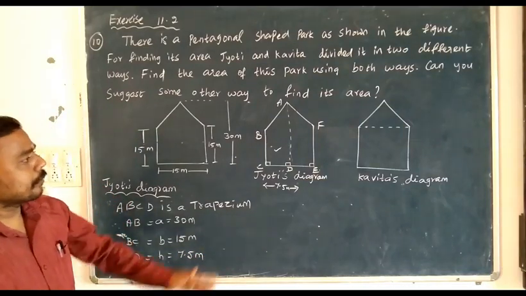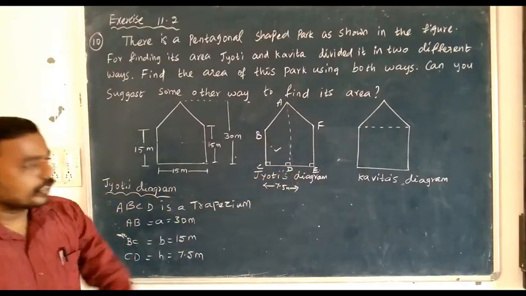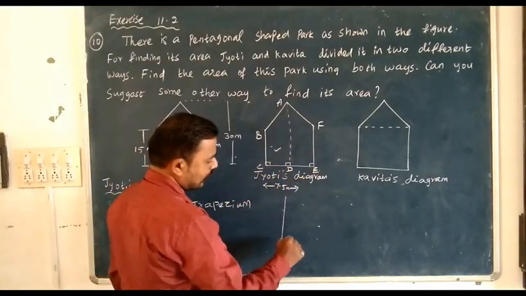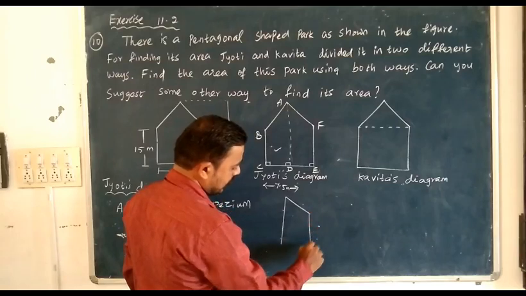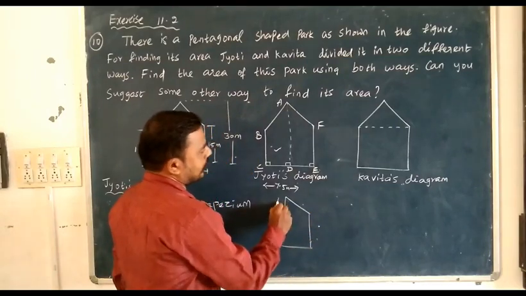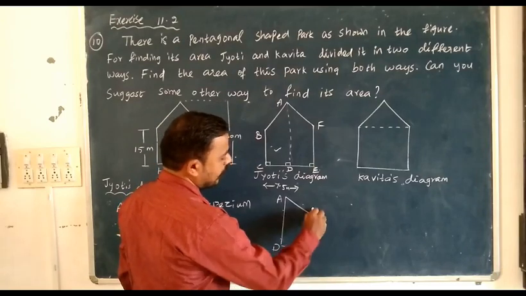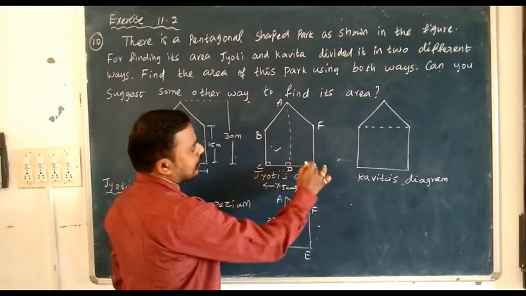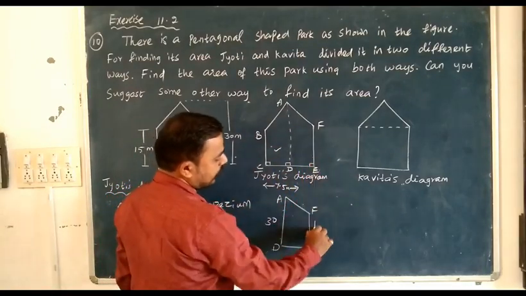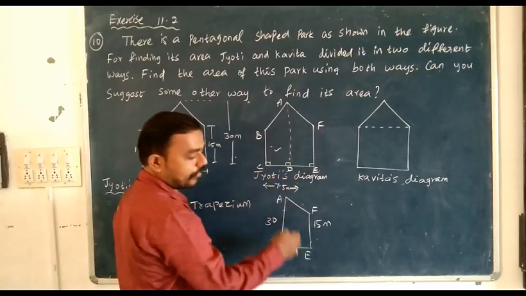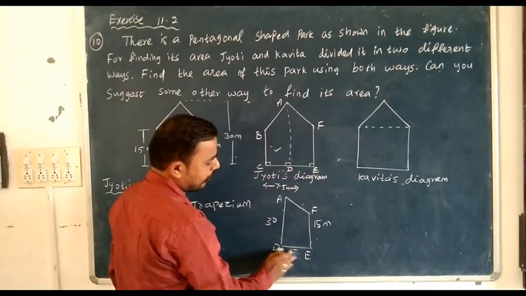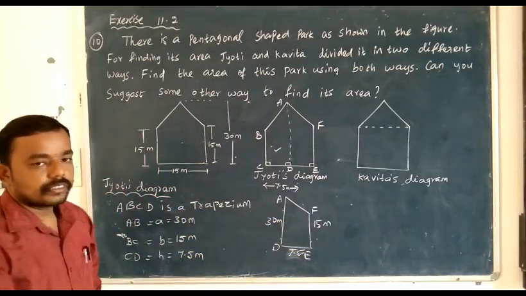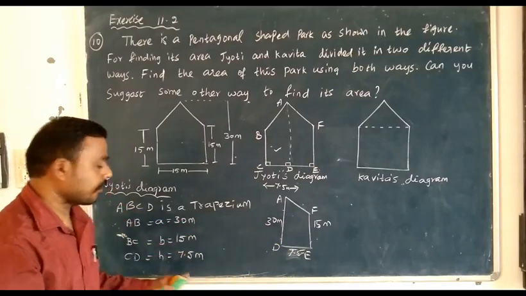Right. I think about the other point. So it's also a trapezium, the same data. So think about this one. Data. So that is A, D, E, F. So here AD is 30 meter, this distance. FE is 15 meter. This distance is half of 15, 15 by 2, that is 7.5. Same data: 15, 30, 7.5, same data.